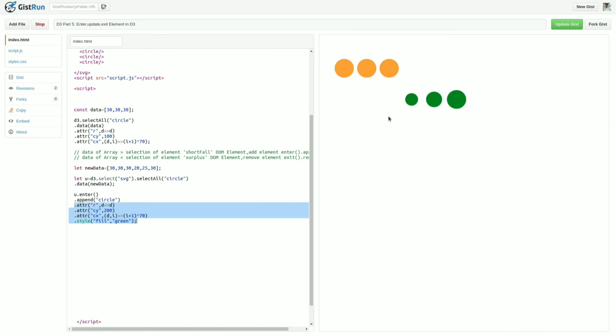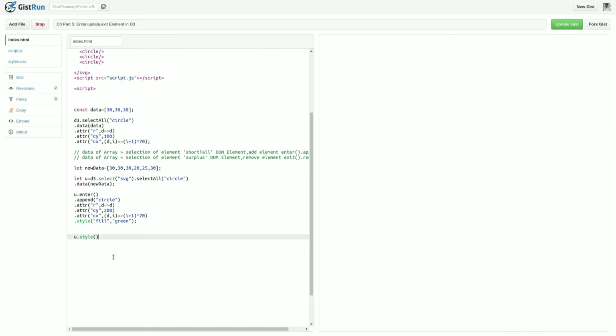Now I want to update the already existing elements. You can update them by selecting only u. So with u.style, I want to give the color red.